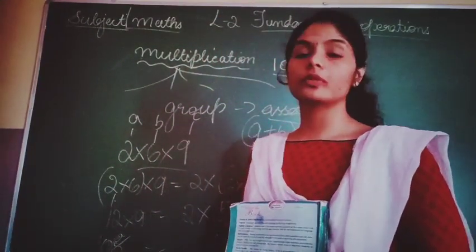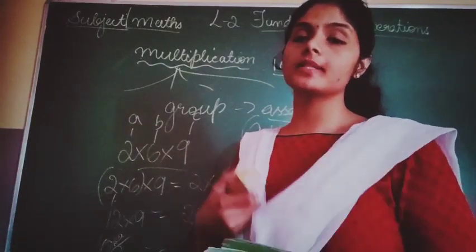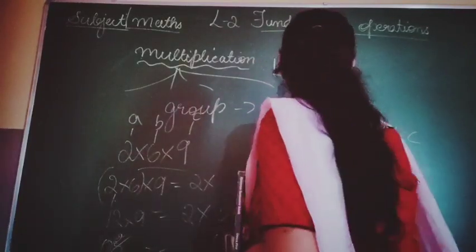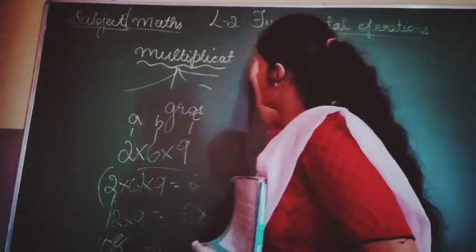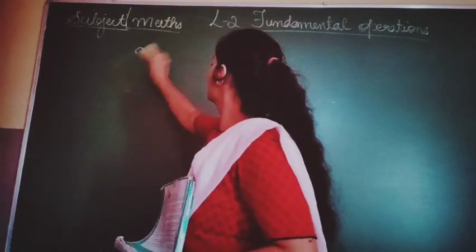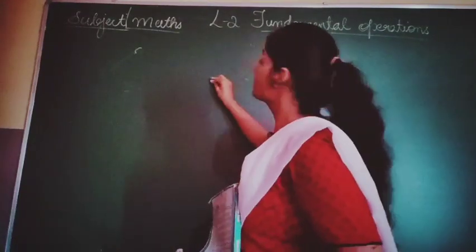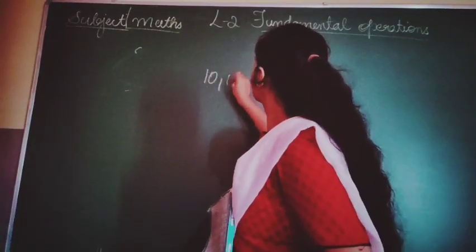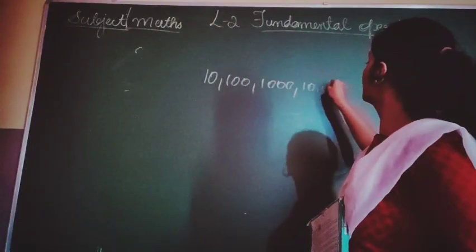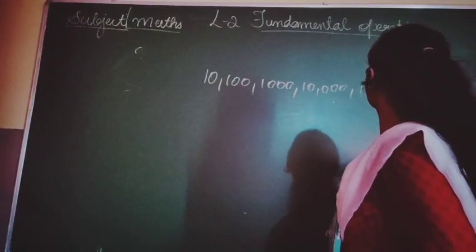When we start doing the 3-digit, I will teach you the first 4 or 5 numbers, then the rest you should work out. Now we learned multiplication using 3-digit, 4-digit. Now we are going to learn how to multiply using 1, 10, 100, 1000. You can also take 10,000. If you want, you can also take 1 lakh. Your wish.